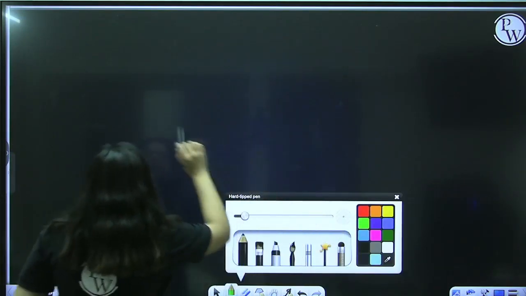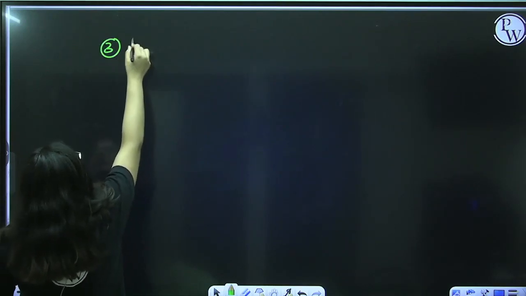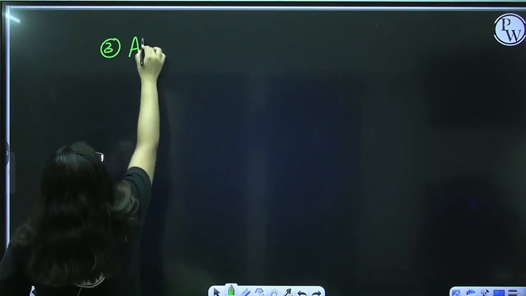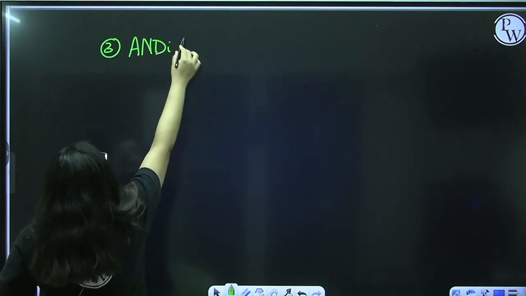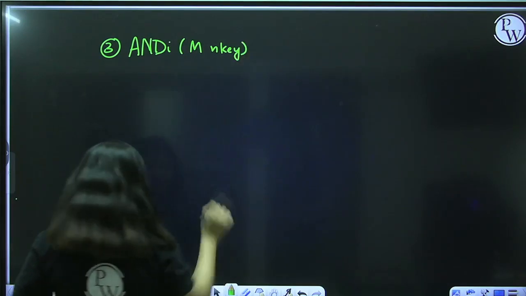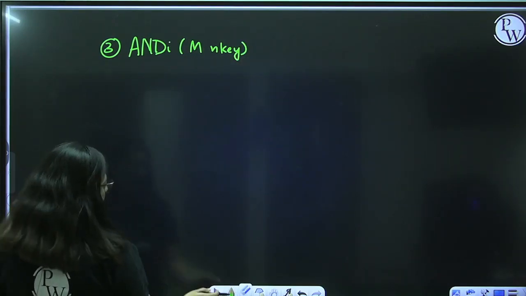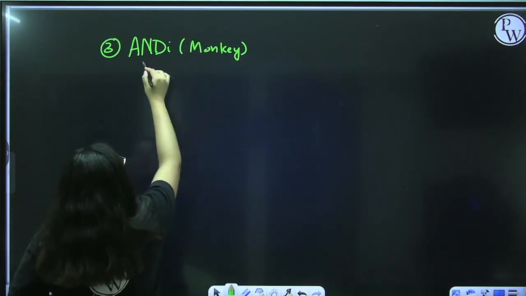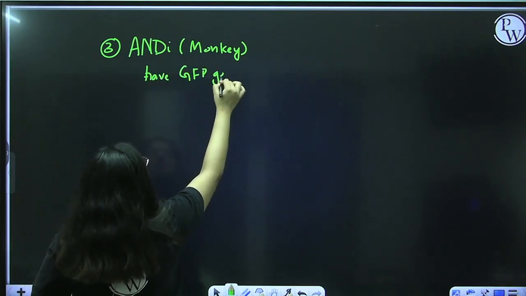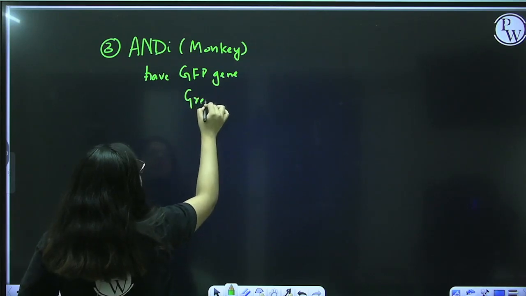Third is a monkey, and the name of the monkey is Andy. Andy is a monkey, transgenic monkey. Now what does this Andy have? Andy has a gene which is the GFP gene. What is GFP? GFP is green